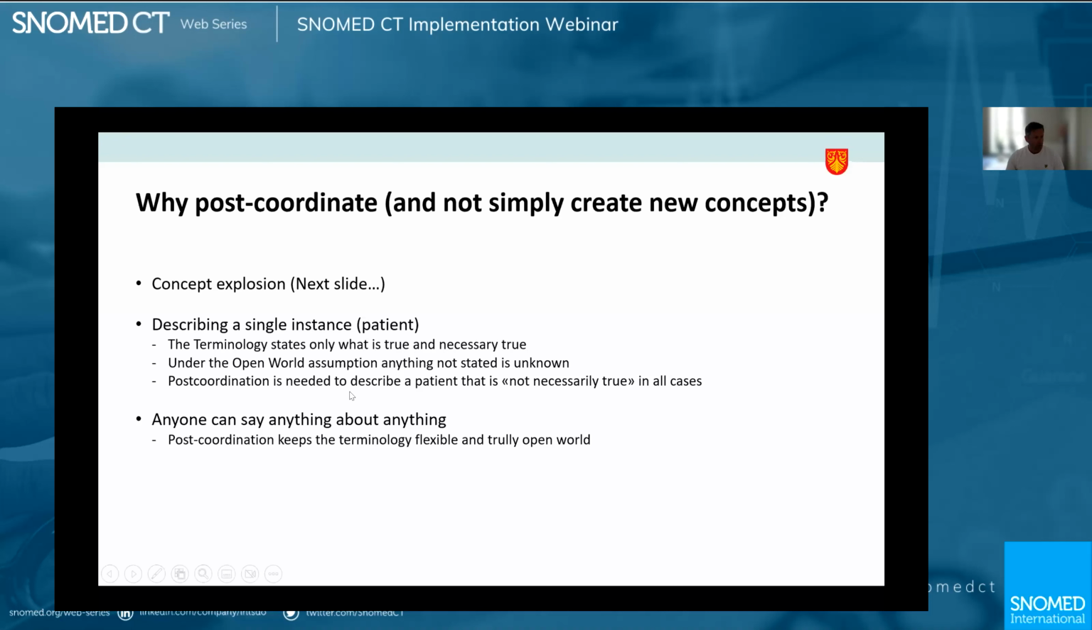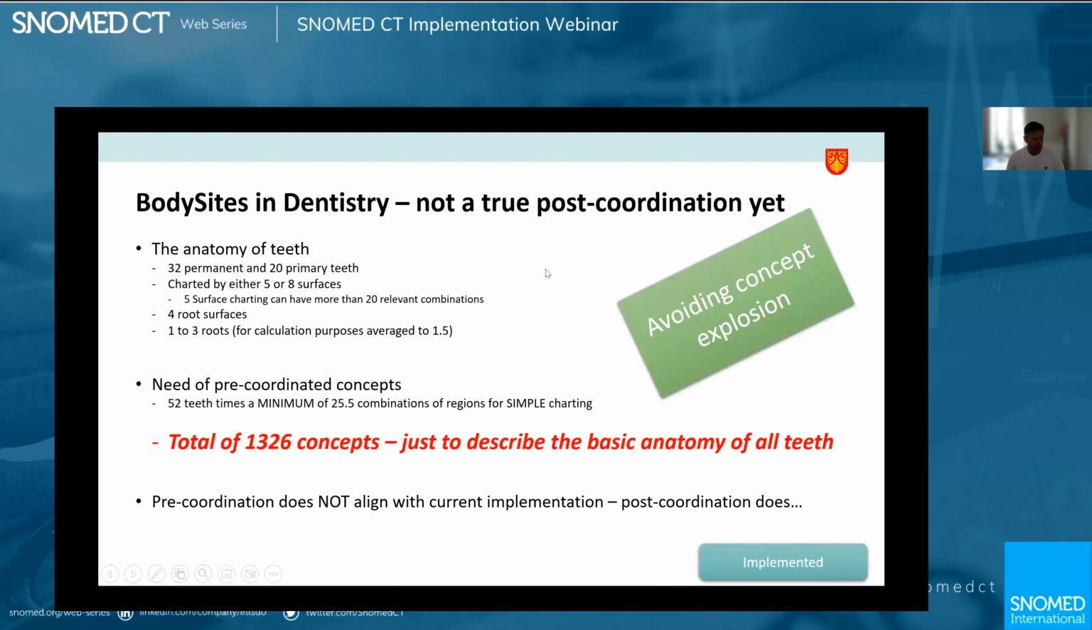First, body sites in dentistry. This is where we don't actually post-coordinate, but I really wanted to touch on it anyway, because if we were to have all teeth surfaces, all the anatomy we need to describe diseases just in dental arch, we would need to pre-coordinate more than 1,300 concepts, probably closer to 1,500. I've been nice. I tried to restrict my